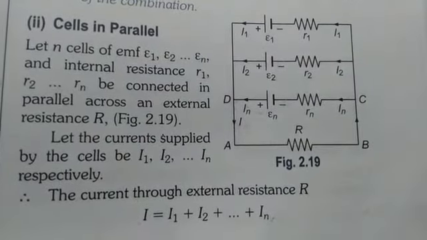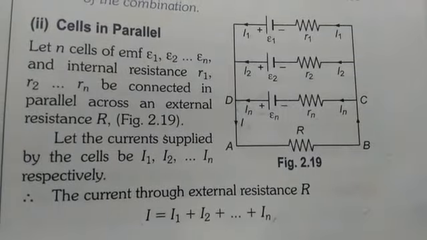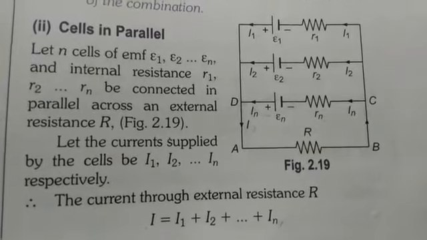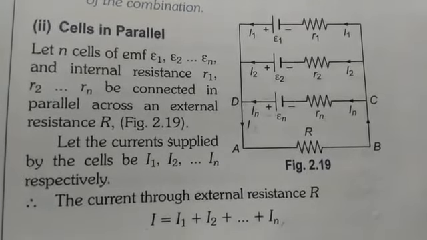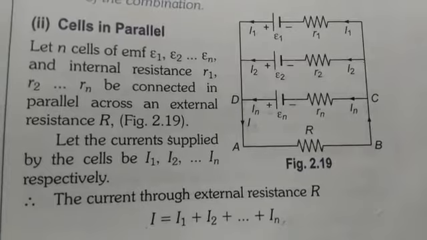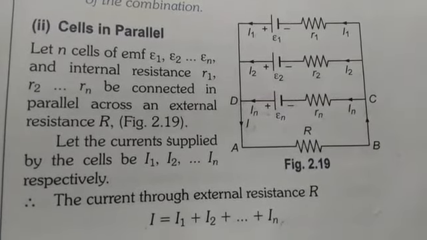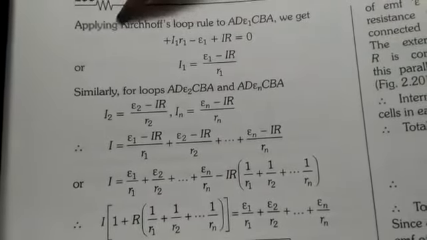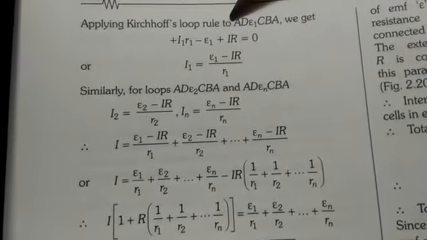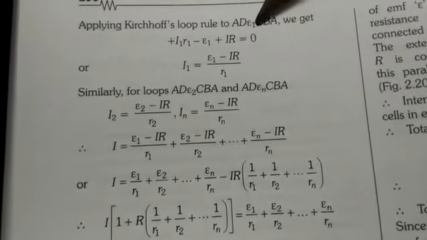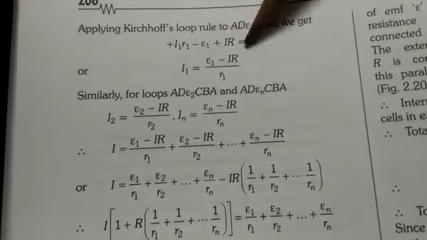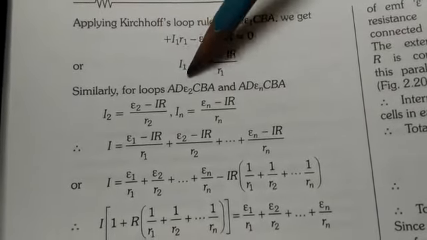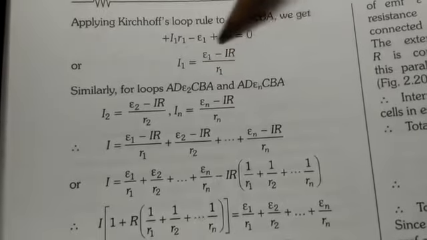And here in this topic we are going to use Kirchhoff's law, which I have not explained to you till now but will be explained in next topics. So here you just see what equation we are getting from that law and how we are getting that I will explain to you in next topic. So by applying Kirchhoff's loop rule to the circuits, we are getting this equation. When we simplify this to get the value of I1, we get this equation.